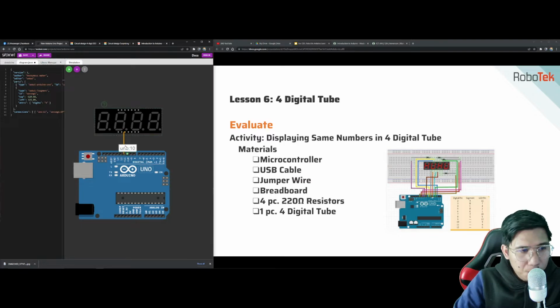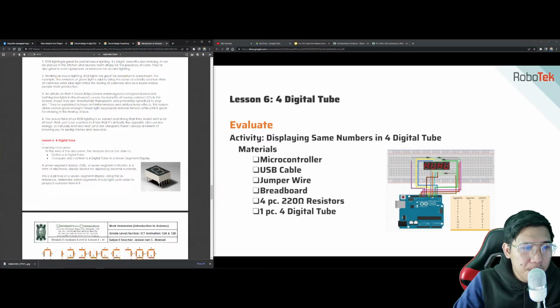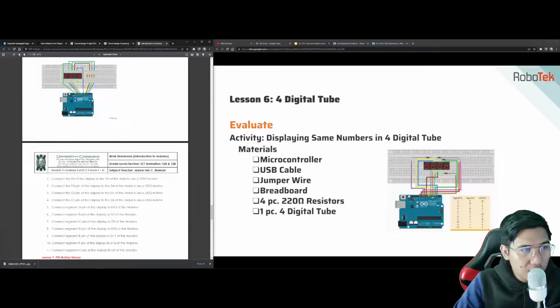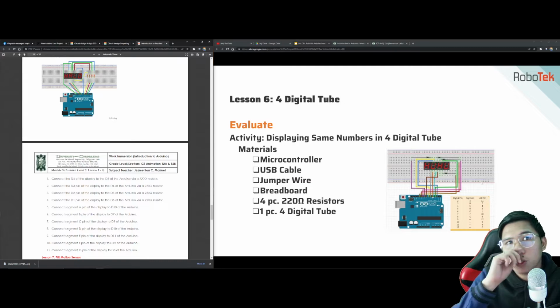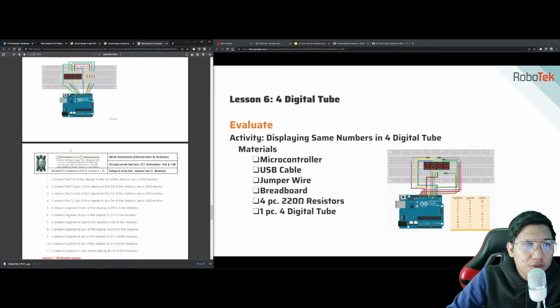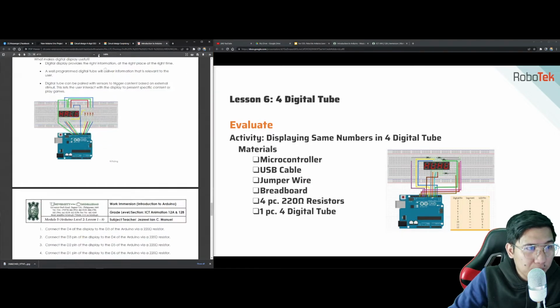Right? So, in this Wokwi project, here is how we will make the digital tube. Now, I have prepared here in your module the steps. This is actually much different compared to this one. Okay? So, you might want to consider taking a screenshot. Maybe when you watch this on YouTube, try to take a screenshot of the following. This one, in your module, this is actually